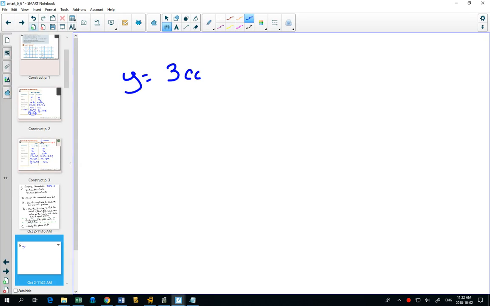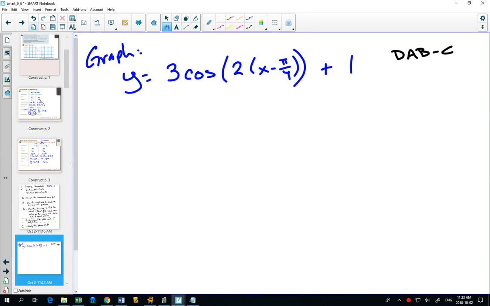Let's do 3 cos of 2 times (x minus pi over 4), plus 1. So we want to graph this. Okay. What are we going to start with? According to DAB C over here, we're going to start with